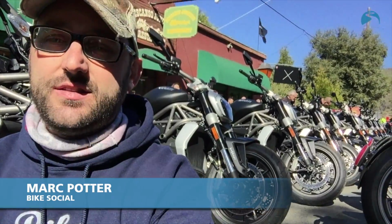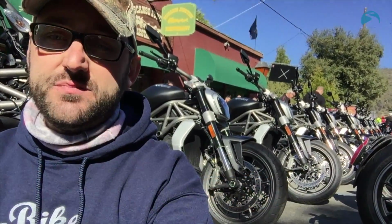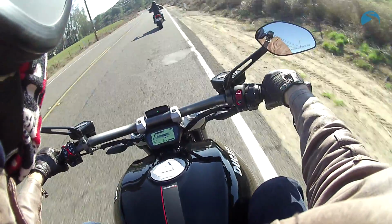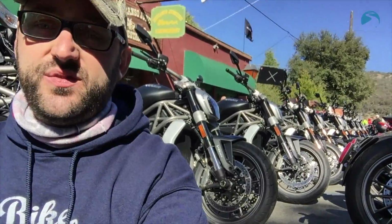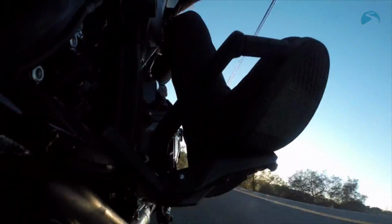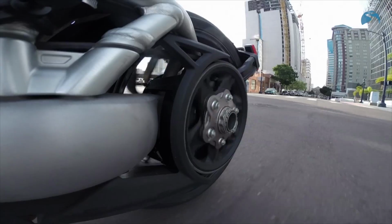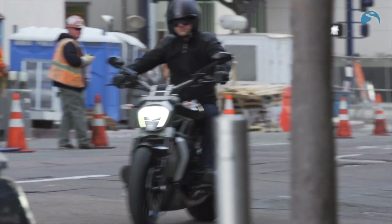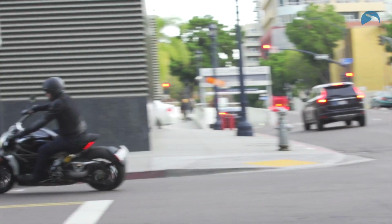in San Diego for the launch of Ducati's XDiavel. Now we've ridden it for most of the day and we're just up here in the mountains outside of San Diego. Now this is Ducati's attempt at a feet-forward cruiser. It's got belt drive with a carbon weave in it because the thing makes so much power, so it makes the belt stronger. It's got a feet-forward riding position, which feels really weird at first because you're used to getting